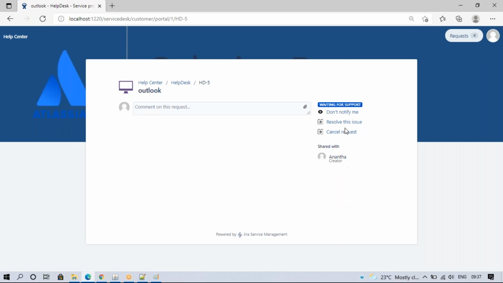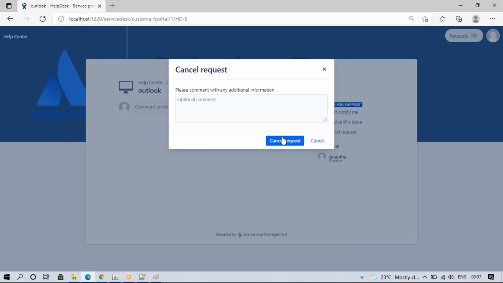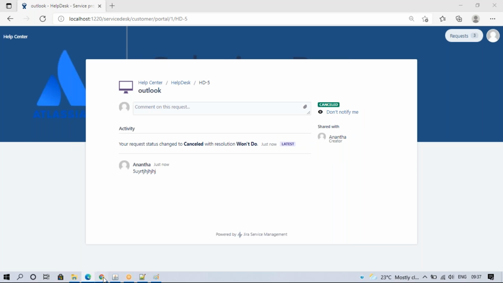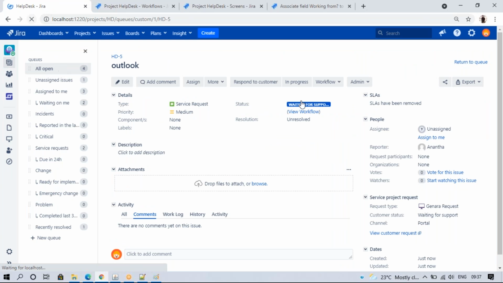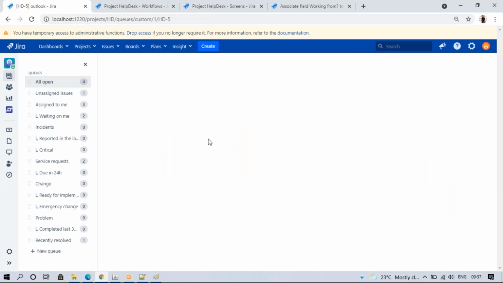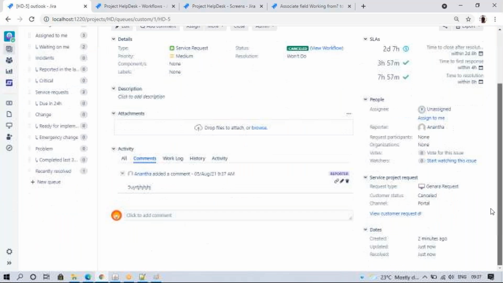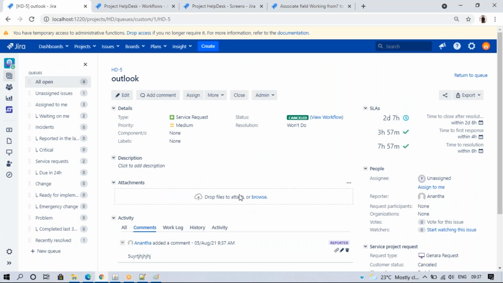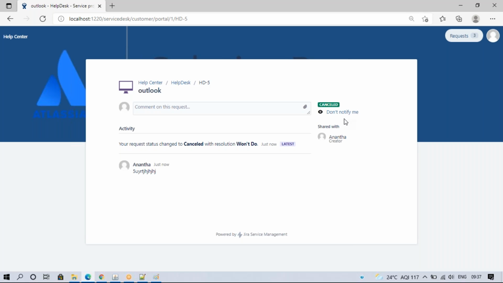The manager told you these two statuses, the customer also needs the transition, so could you please enable these transitions in the customer portal. Now I can cancel this, I can add any comment, suppose something, and cancel it. So this customer request is cancelled, and this ticket will also be moved to Cancelled. The cancel that I have added here is coming here, so it will change the data. Or else if I close this request and the customer wants to reopen it, I can give the Reopen request here. So that's the one.